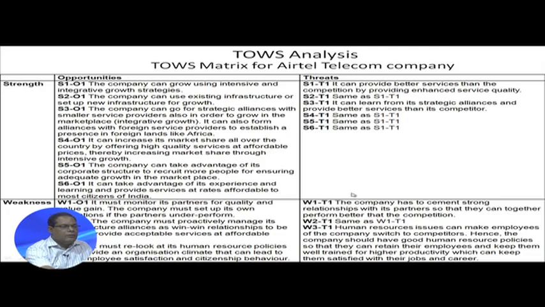So, this is the TOWS Matrix, and in the TOWS Matrix there are several strategies, and these strategies now can be plotted on an importance and ease of implementation kind of a quadrant, and then it can be found which strategies are easy to implement and have great significance, and which strategies are difficult to implement and therefore can be tackled later on.